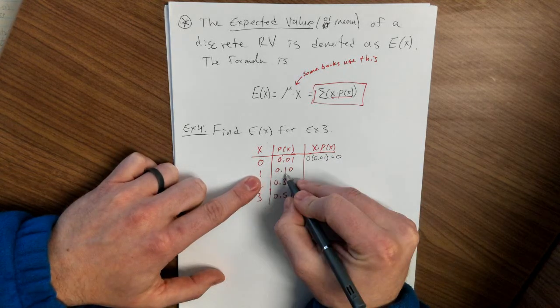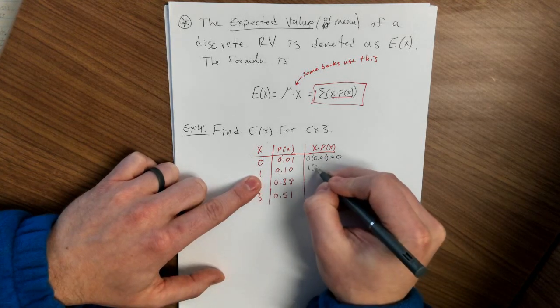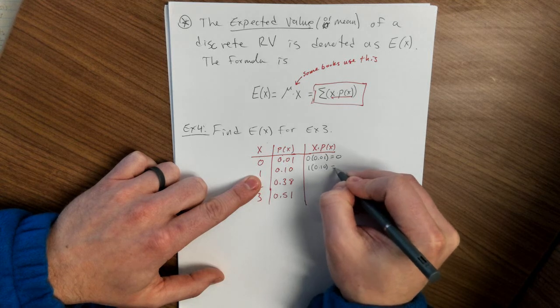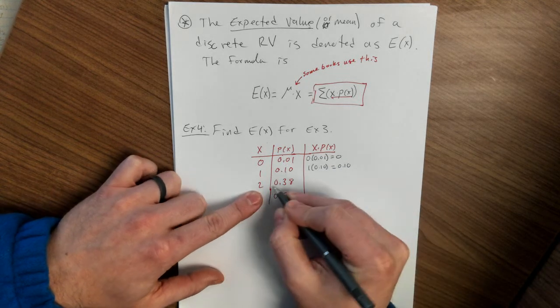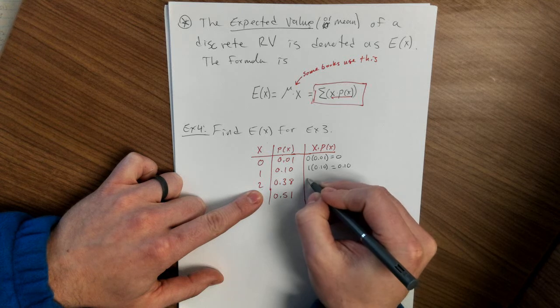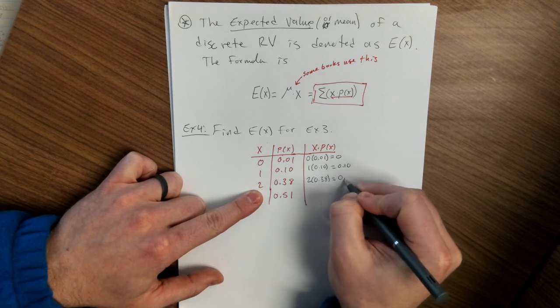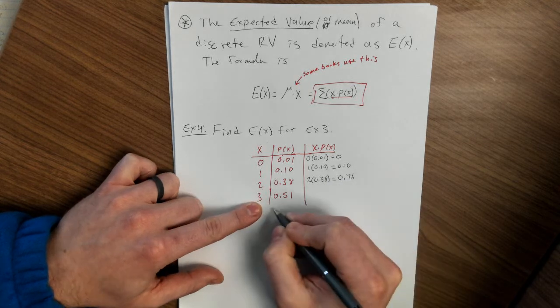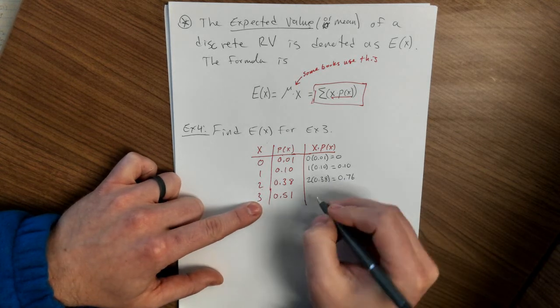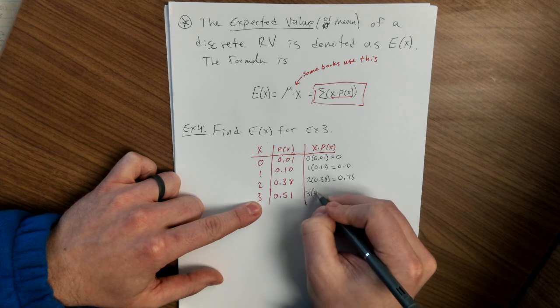And then 1 times 0.1, which is 0.1. Then 2 times 0.38, which is 0.76. And then 3 times 0.51,